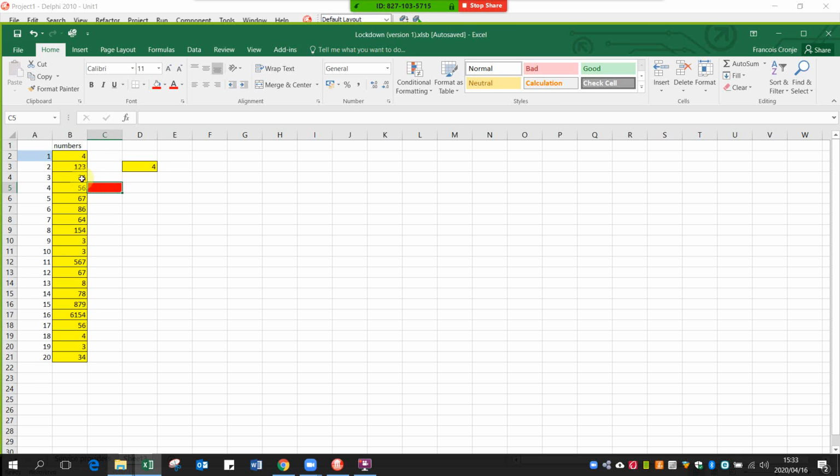Then it's going to say, is 56 smaller than 4? No, it's not. So red moves on. Is 67 less than 4? No, it's not. Is 86 less than 4? And so this thing will carry on until we get to the 3. And then it's going to say, is 3 less than 4? Yes, it is. So it will take that one, put it in there,